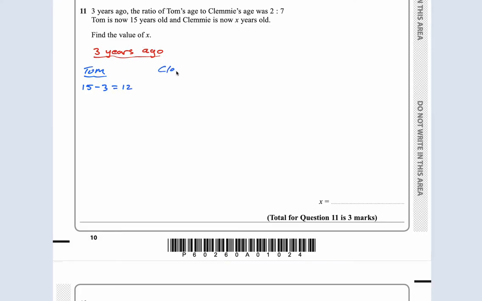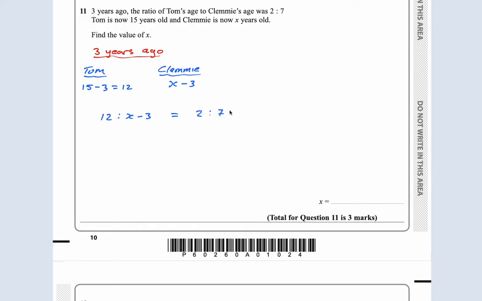And Clemmie, if that's how you say her name, she's now X. So 3 years ago, she was X minus 3. Okay, now it said the ratio of Tom's age to Clemmie's age, which would be 12. Back then, it would have been 12 to X minus 3. That ratio equals 2